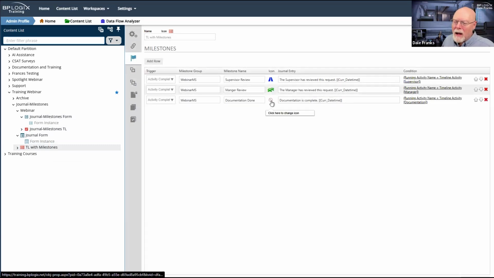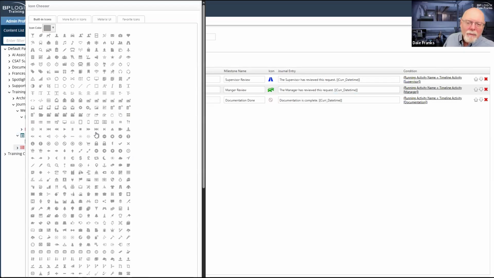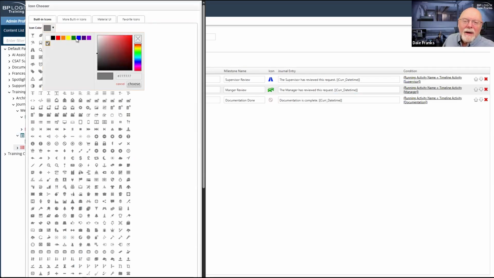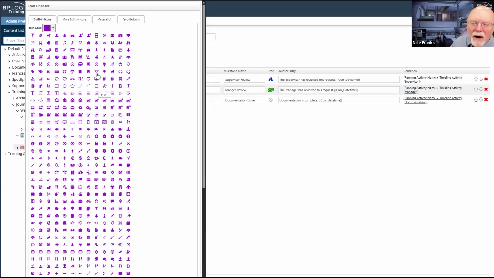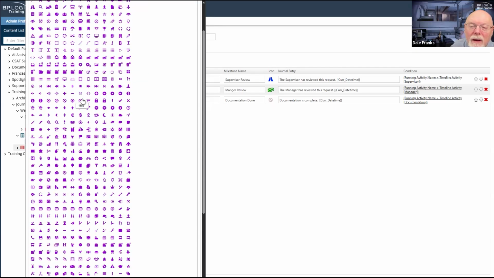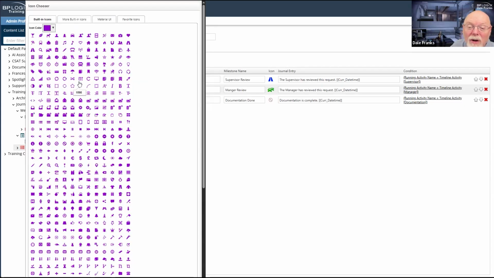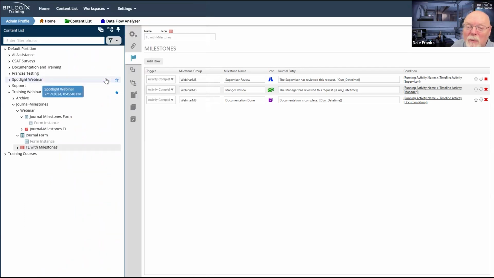You know what? I did not put even the simplest little, I got to at least have, let's go with, I like that purpley color there. And I need, I can use the book, but I was actually looking for the little document icon. There really are, whenever you start, especially under pressure, whenever you start looking for icons, boy, they become super hard to find, don't they? So we're going to use the book with the check mark.